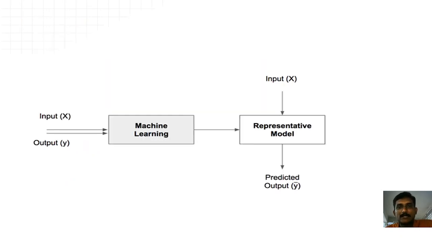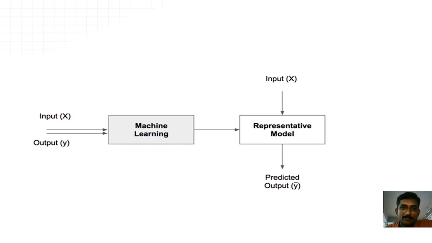It is a detailed diagram about the machine learning concepts, machine learning and the model. And finally, after getting the trained model, we can give input and we will get the predicted output. In the previous one, we gave input and the actual output for training and testing our system. And if our system succeeds on the tested data, we can use it for prediction. We give input, and it will show the predicted output.